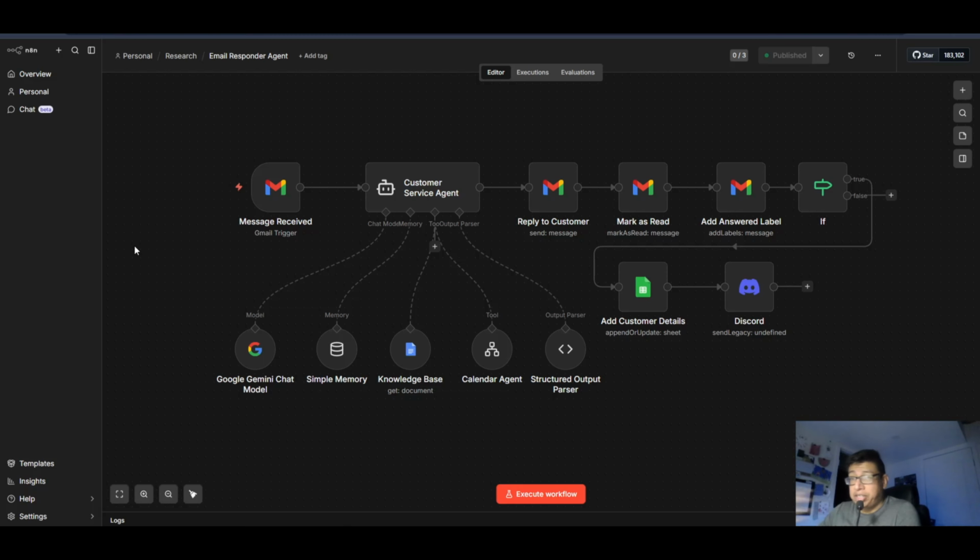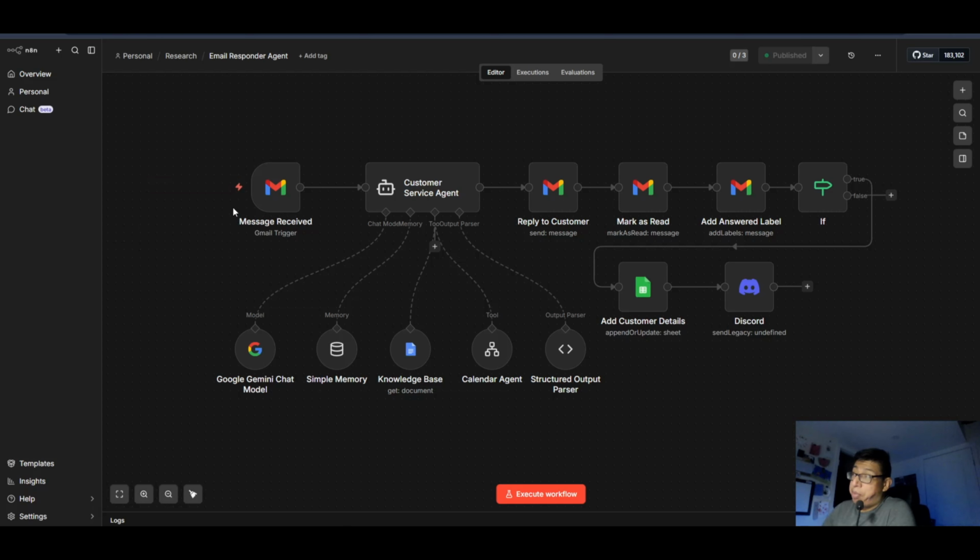So let's say you have a separate email just for people to ask questions, and common questions like, when are your business hours? Are you open this Monday? What services do you provide? How much does this cost? How much does that cost? Etc. etc. And let's say you're just too busy, you can't keep up with all these emails. Maybe you're the type of business that gets these type of emails 24/7, an online service or something like that.